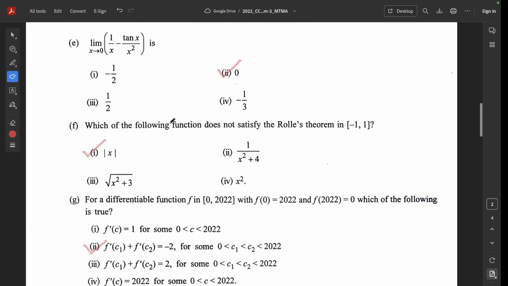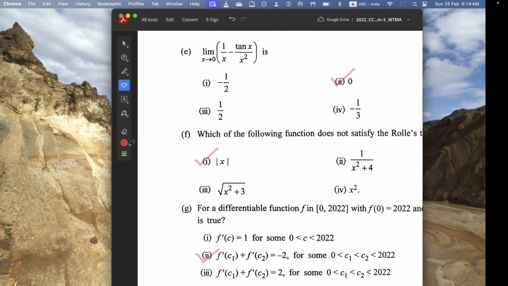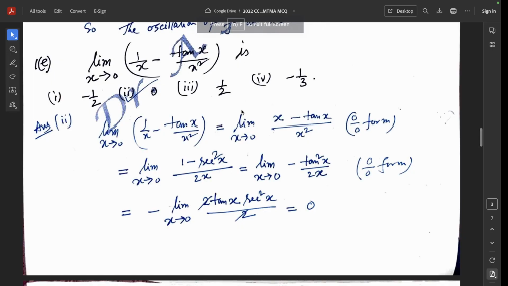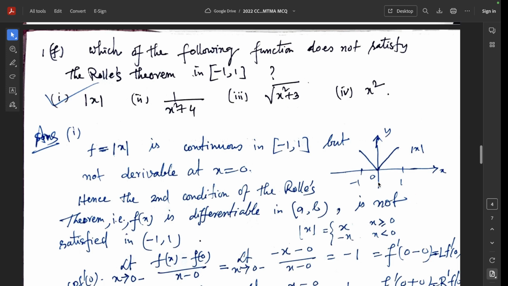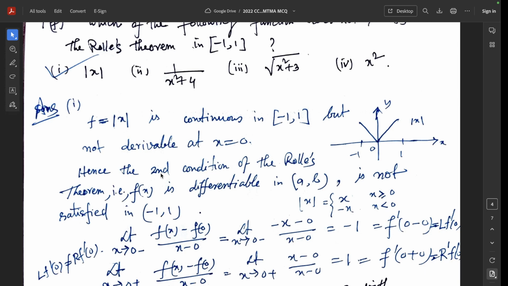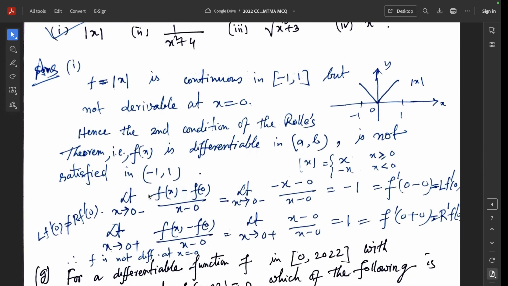Which of the following functions does not satisfy the Rolle's theorem in the closed interval minus 1 to 1? Obviously, this function, mod x function, does not satisfy the Rolle's theorem in minus 1 to 1. Because mod x is continuous, but not differentiable, because the left hand derivative is minus 1, and the right hand derivative at the point 0